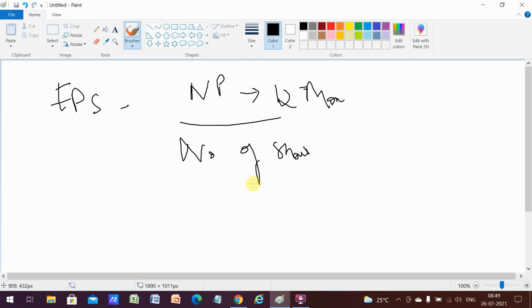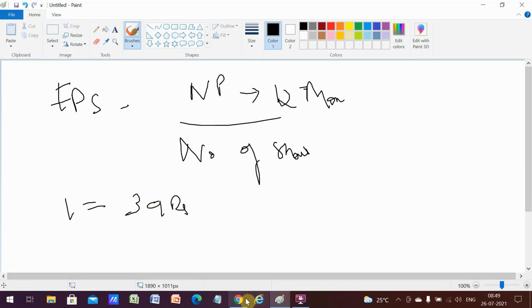That is going to tell us that for every single share, they are going to make so much money. In the case of Deepak Fertilizers, the EPS is 39 rupees. So 39 rupees is what the company is making per share. The net profit for one share is 39 rupees. So that is what EPS means: earnings per share. What is the net profit that the company is making for every share it has? This is a pretty simple one.